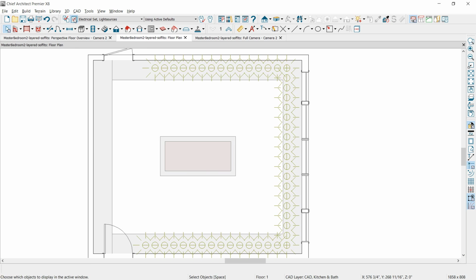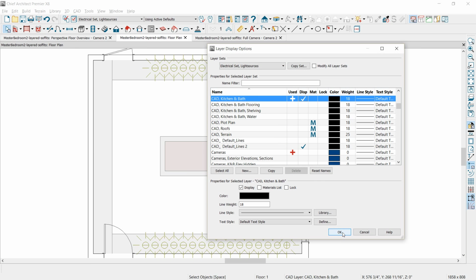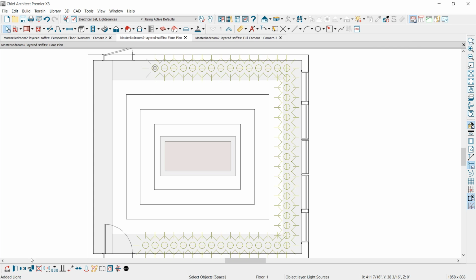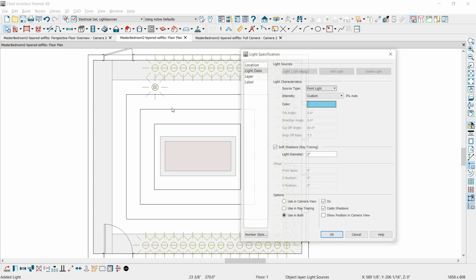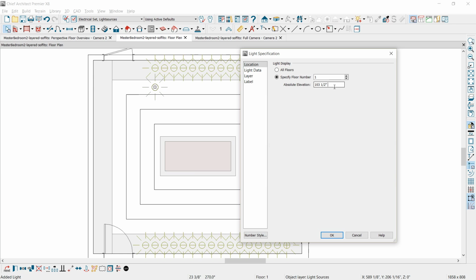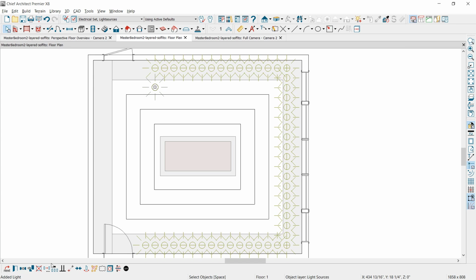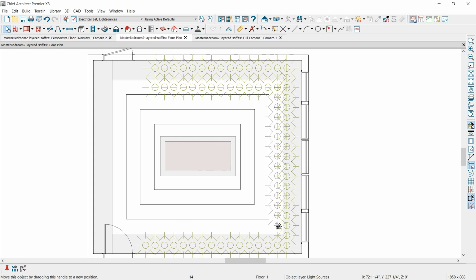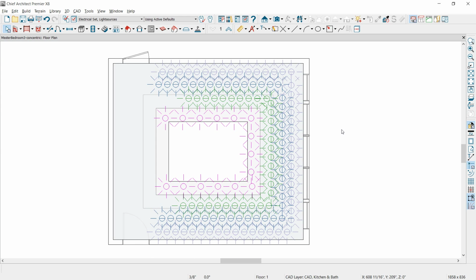I'm going to turn on the layer for the concentric ceiling components, grab one of these and create a copy of it, and open it up, take the location data, plus 12 inches using the multiple copy tool, and we'll just slide those multiple copies in here. And again, one more time, multiple copy. And then I'll just do the exact same thing for the rest of these. So I finished placing all of the light sources, and each one of the layers as it goes around,